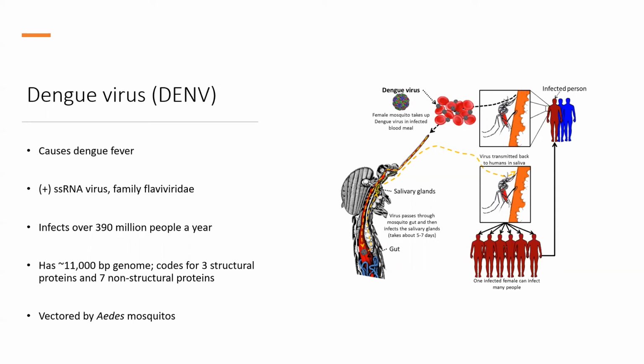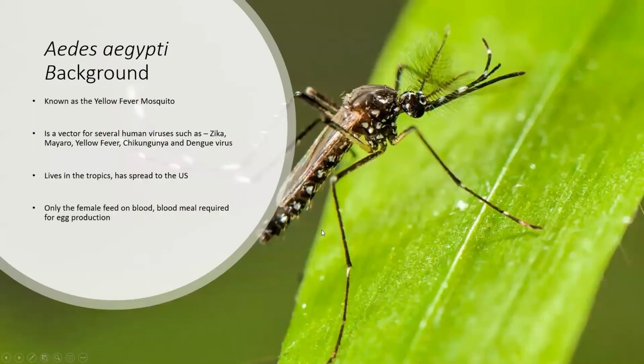So over 390 million people are infected a year. It is a small virus, I think, because it only has 11,000 base pairs. And there are 3 structural proteins and 7 non-structural proteins. So the way it works is, I think I have a figure somewhere,